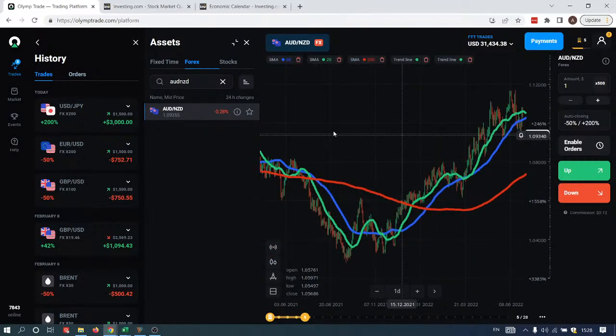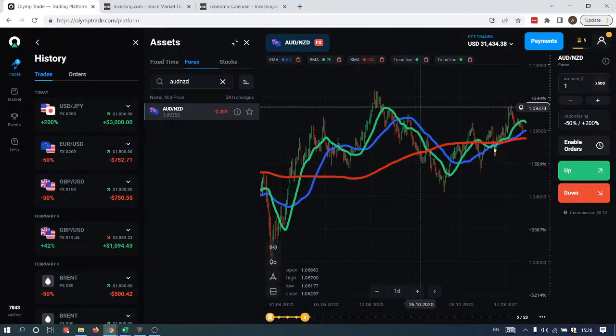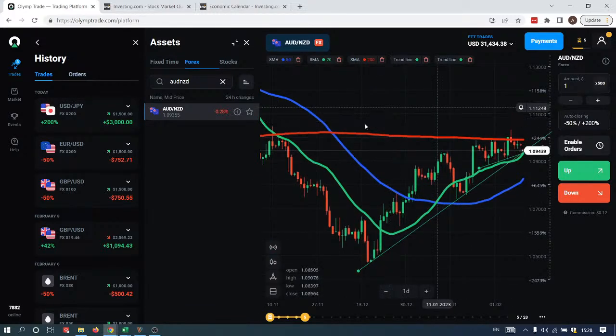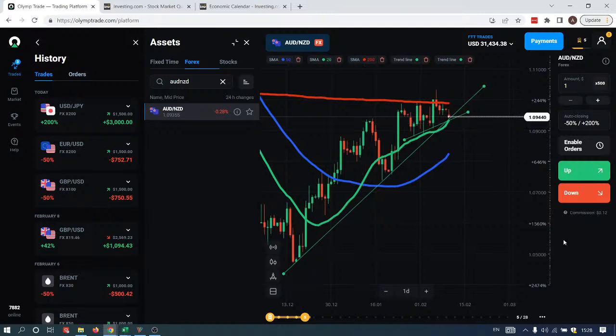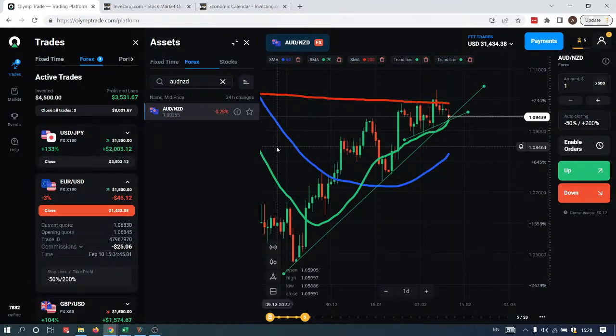More often we see a situation like this, that we have a form of sideways movement. So in this case, 200% is enough, and you don't have to be overly greedy, because once you become greedy and you start moving your take profit, yes, it might work, but then of course it's all about probability. So how often can you make plus 500% off of a trade? And then you just start thinking about that.